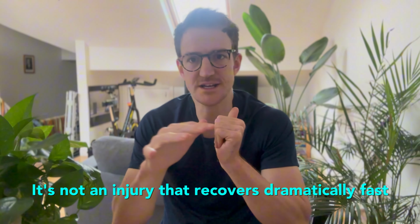Something else that's really important to understand about hip pain in runners is that it does take quite a long time. Now, I'll go into why that is in a moment, but it's important to understand that it's not an injury that recovers dramatically fast. It tends to be what we call a sawtooth road to recovery. So we see this kind of up and down nature of the problem, and we do get there eventually, but